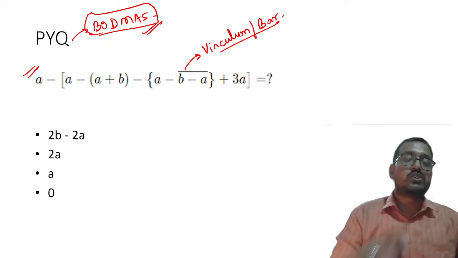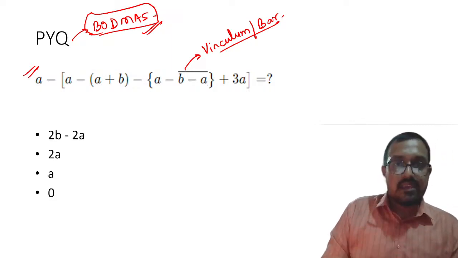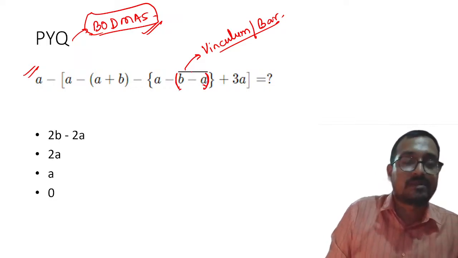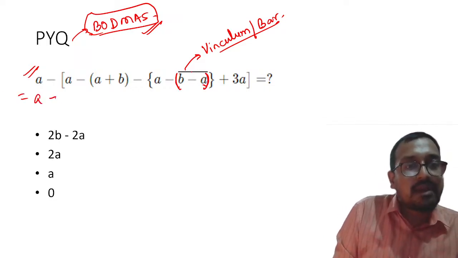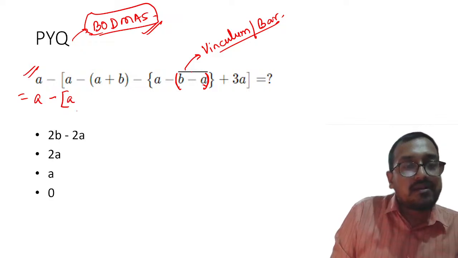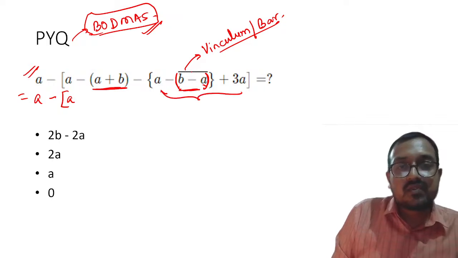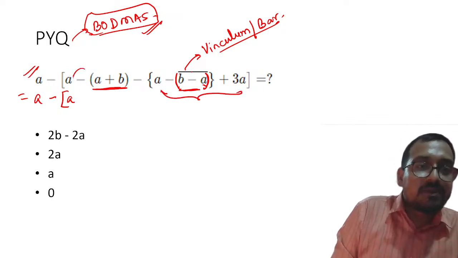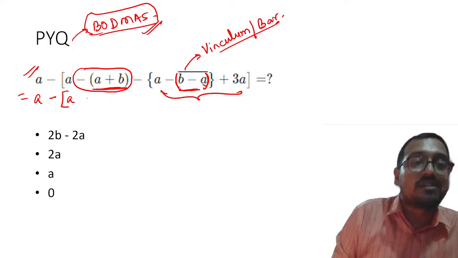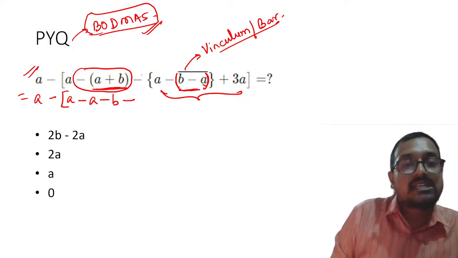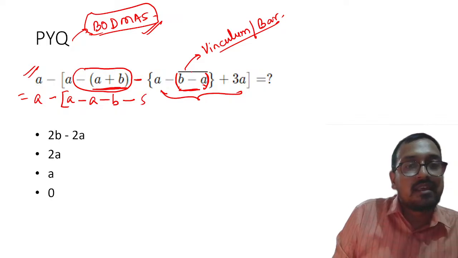Now, my dear students, this question, let us try to attempt it. We have got a bar over here. So I will put a small bracket so that we can understand this is to be solved first. Now the first step will be A minus in bracket A. Since this is a bracket, I can open it up. Ideally, I should solve this first, but I know that I can tamper with this because this is a separate term. So I will put it like this: A minus B minus. I will keep this minus as it is, right?